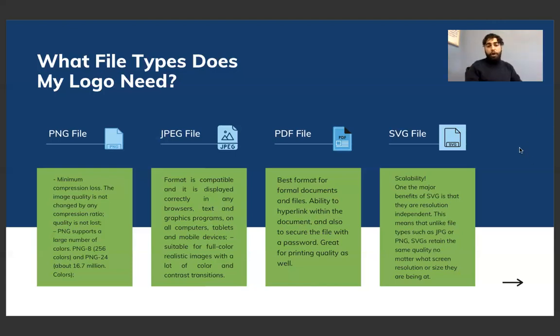Something you guys have probably heard of before, the first two, a PNG file. So what is a PNG file and how does it really benefit versus any other one? With a PNG file, you're gonna get minimum compression loss, meaning that when you're saving this and stretching it out or using it for different sizes on a website, or again in a display image for Facebook or Instagram, these files usually hold their contents pretty well, and you can stretch them out a little bit without seeing a lot of blurriness or a lot of pixelation.